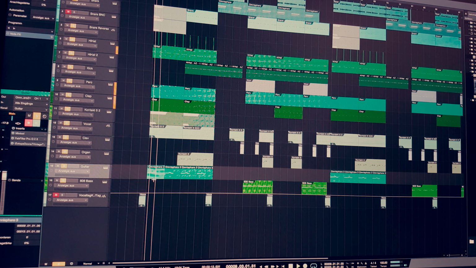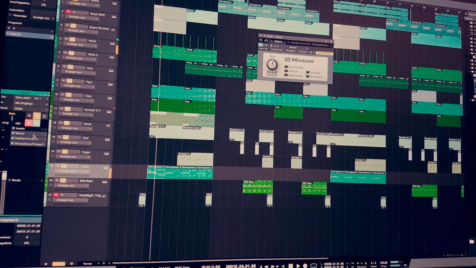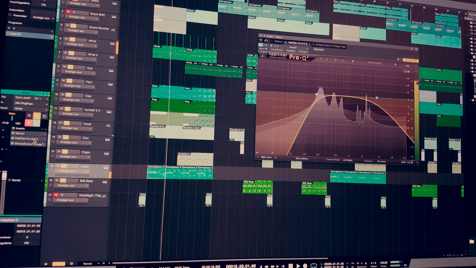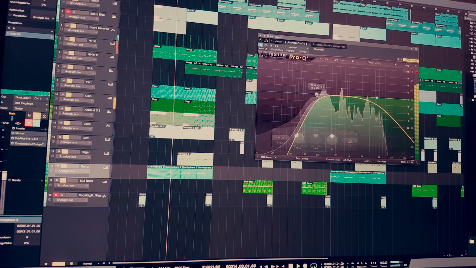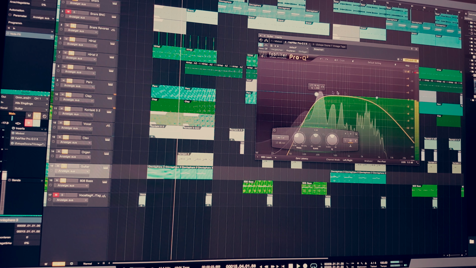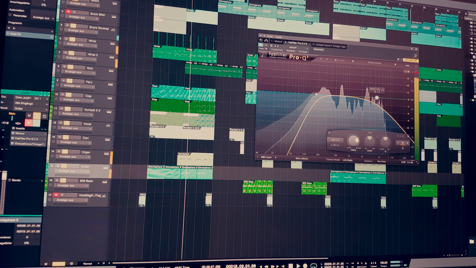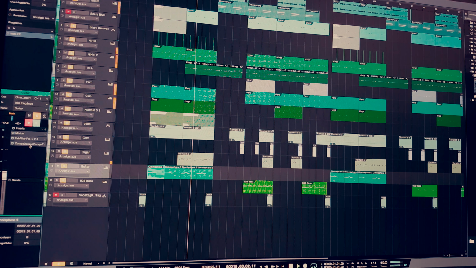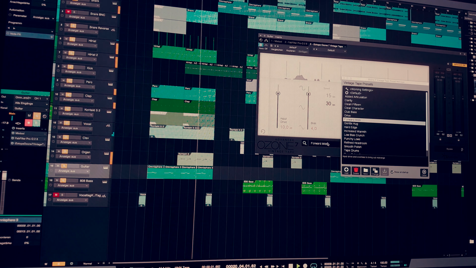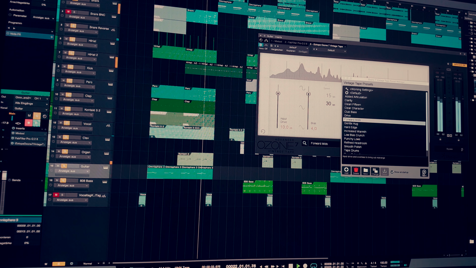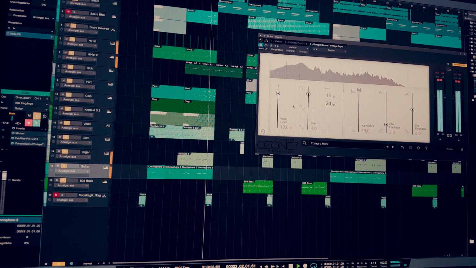Okay, so what I did for the mixing was I opened up Mixtool and equalizer to cut out some of the lows and a little bit of the highs. Tape saturation plugin to pull out a little bit of the mids.